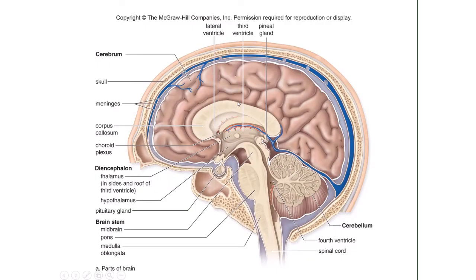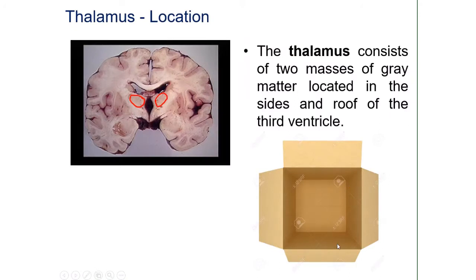If we go to this diagram, you might remember seeing this slide before. If you look at this structure here, right, there is the third ventricle. Right, this label says third ventricle, but then this pointer says it's thalamus. So it's a little bit confusing, right? But if you think about it as a box, like an empty box, the empty space in front of the backboard here, that's basically your third ventricle, and the actual cardboard at the back, that would be the thalamus, because the thalamus makes up the wall of the